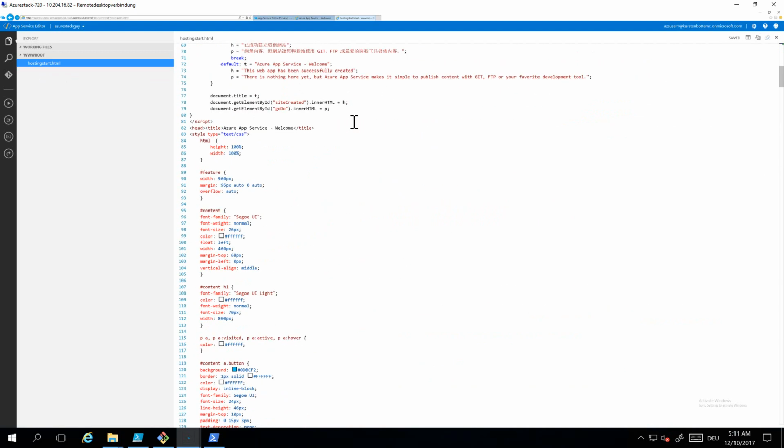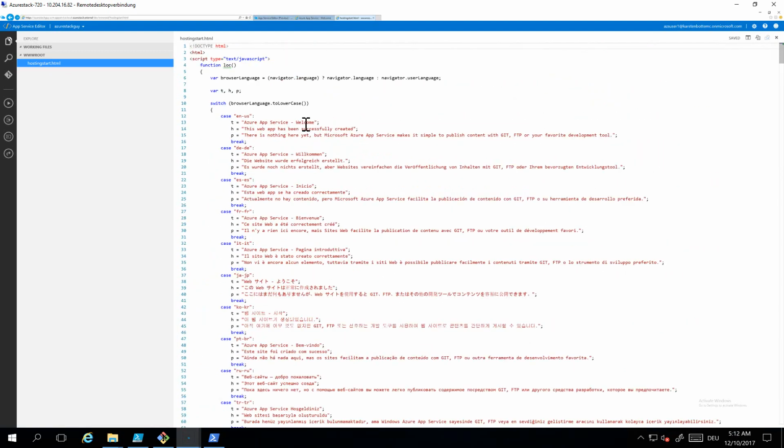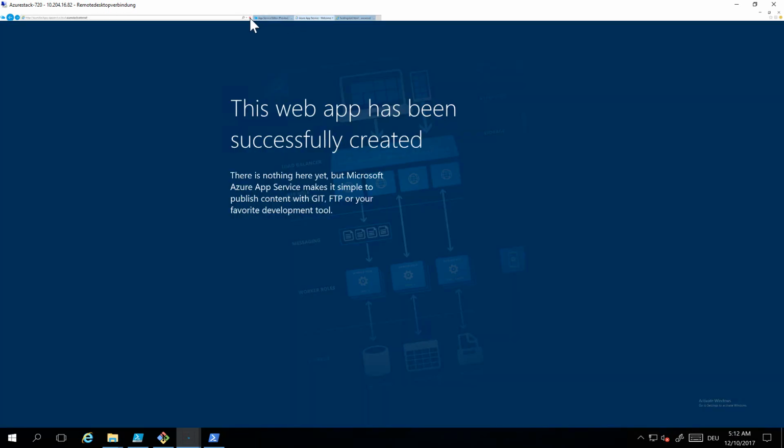We can make some edits here, and let's go to the English one and make it demo, and then we can click on save, and it's done. If I refresh that page,